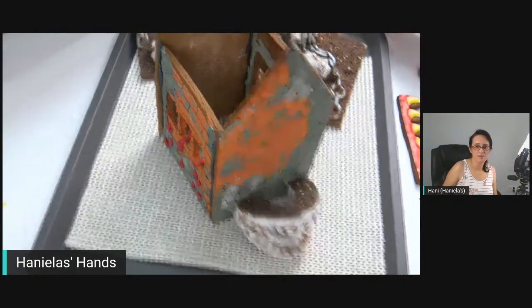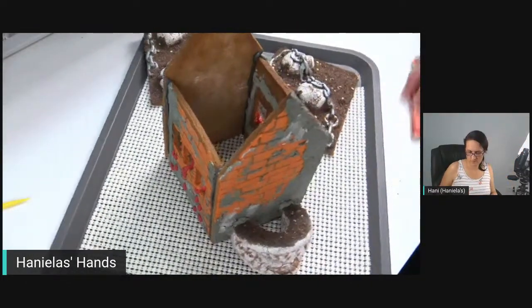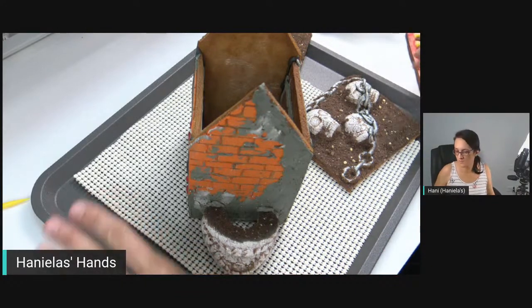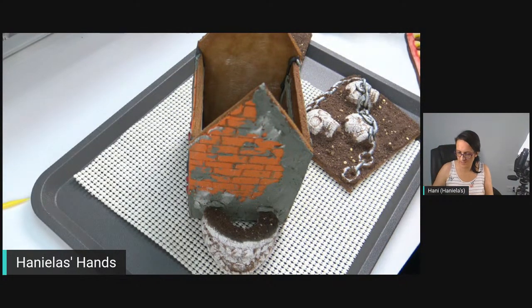So let me, hope you guys can see. All right. So to add the roof panels, you can see I placed my house on a non-stick mat. That's what I like to do, so it's not sliding when it's drying. And I also have,